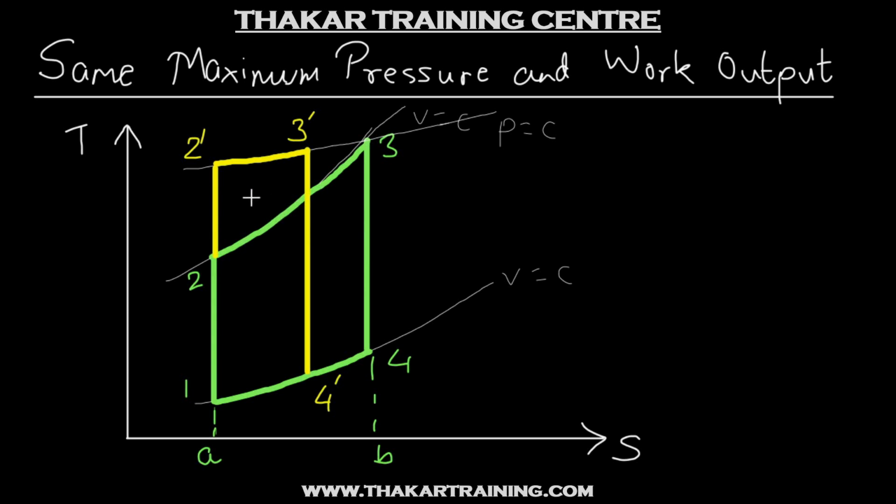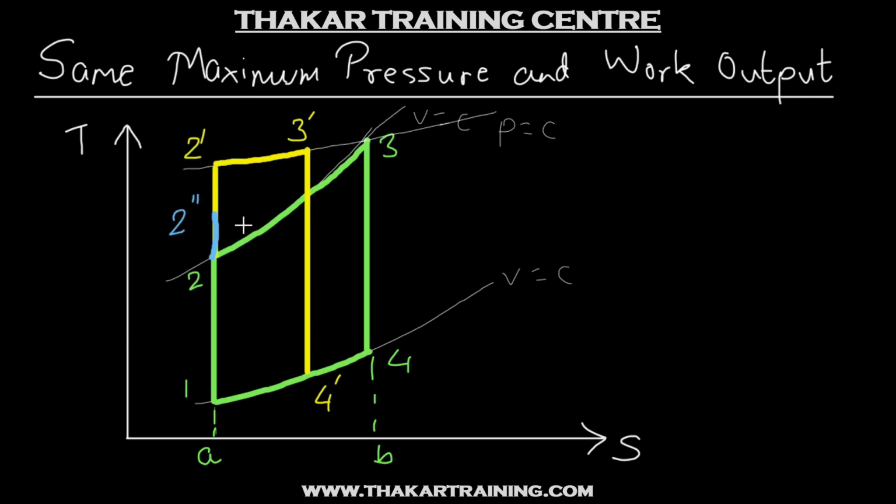Now what will happen for a dual cycle? So we have discussed earlier, when the maximum pressure has to be same, point 2 of dual cycle cannot be over here. So it has to be slightly below. Alright, so it needs to be slightly below. So its compression process will go somewhere till this point. So this is point 2 double dash for a dual cycle.